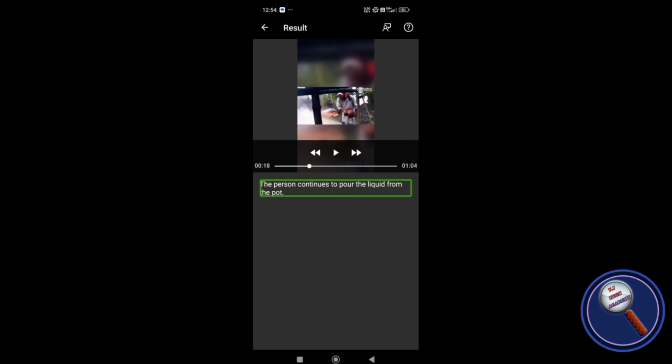Scene by scene description is not like the overall description we get for an image or what we can get in PixieBot. This is a revolution, really, it's a revolution.